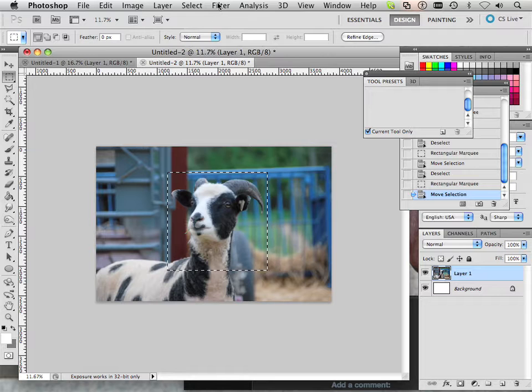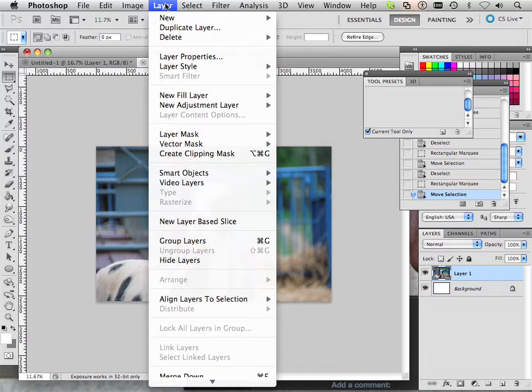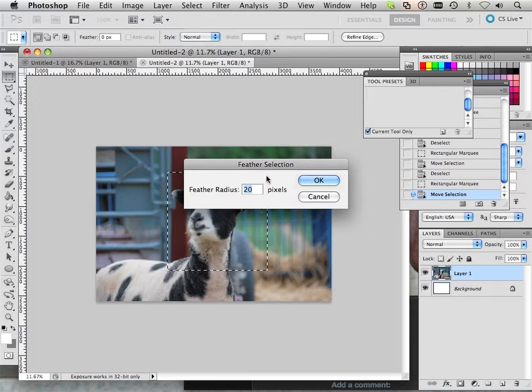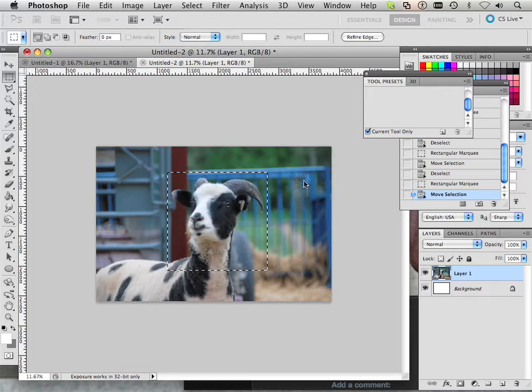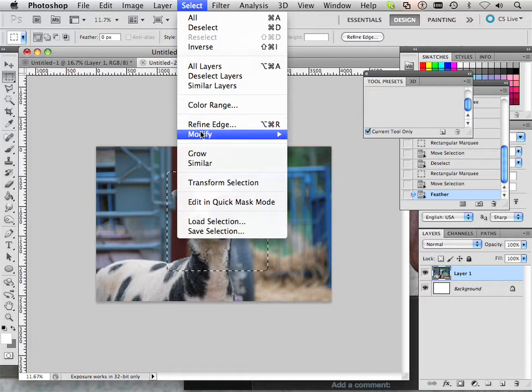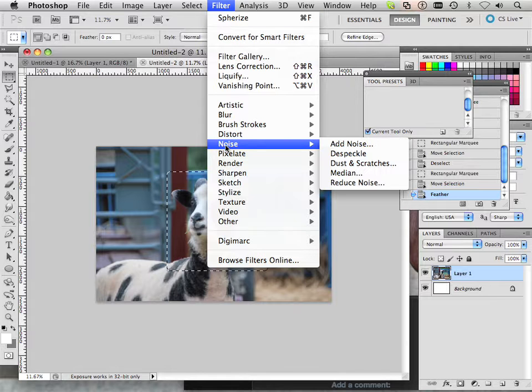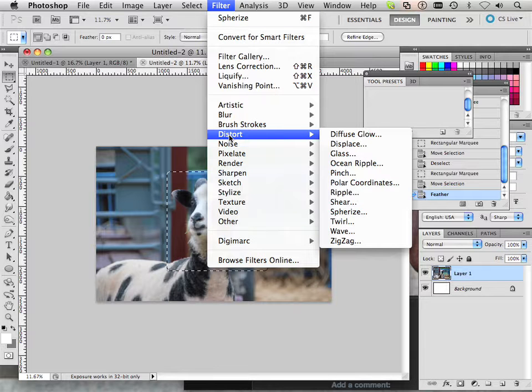And now what I want to do is layer or select, modify, feather. So I'm going to feather this out to be 20 pixels. That way it kind of blends in with the body. And the more you feather it, the more you get, but then you get this soft look, so I don't want that either. So filter, distort,